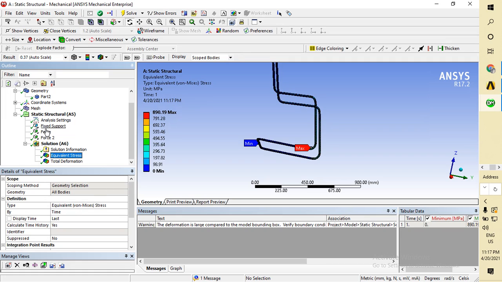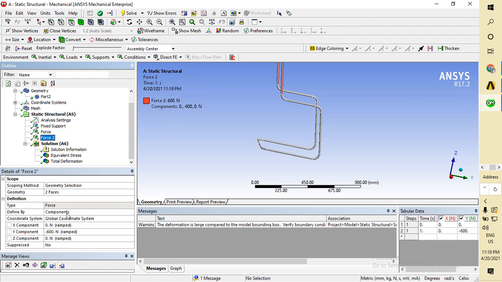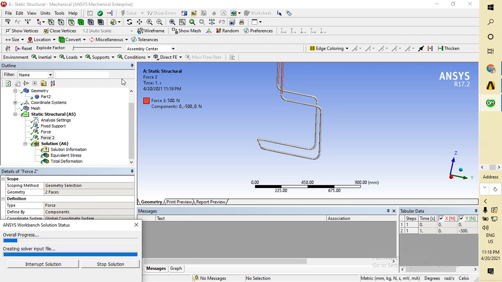So I have to also decrease this value to 500 Newton. Okay, solve.